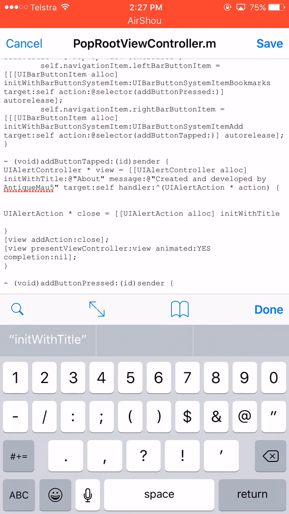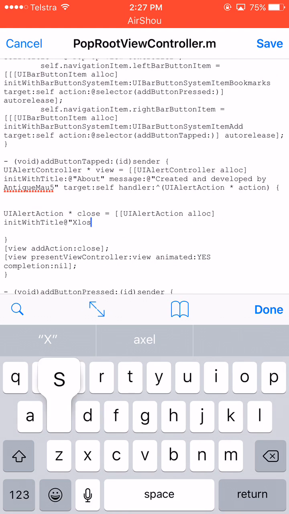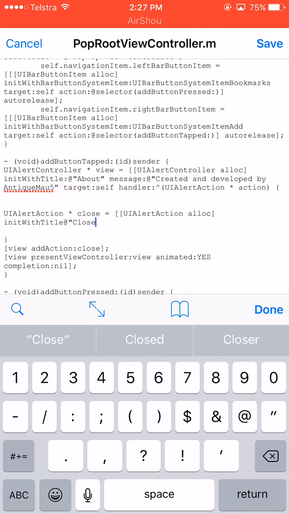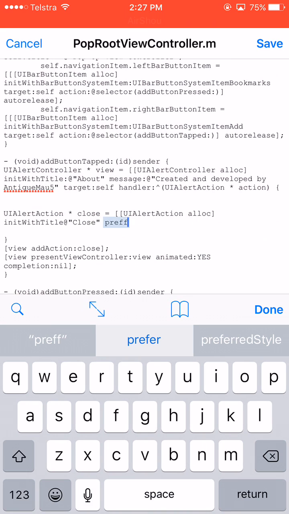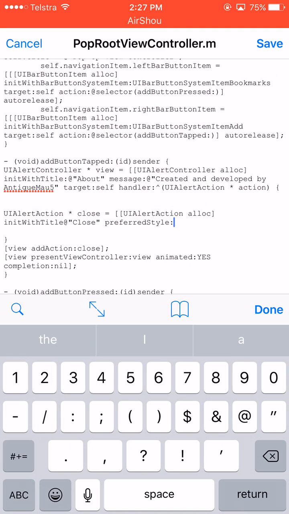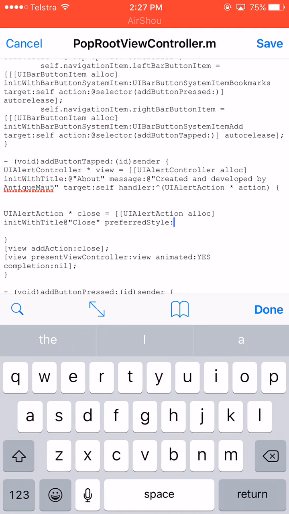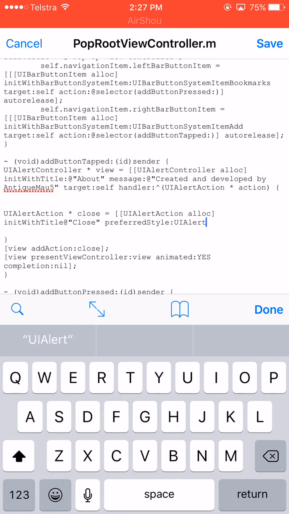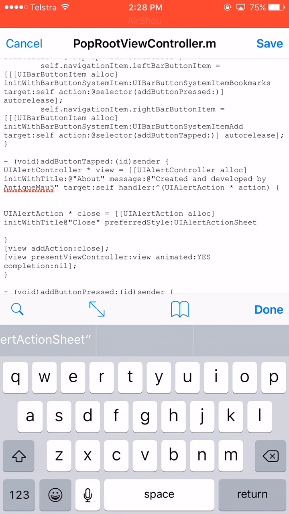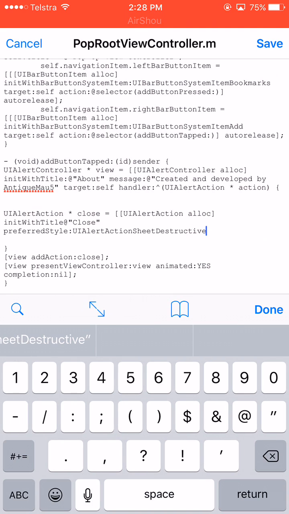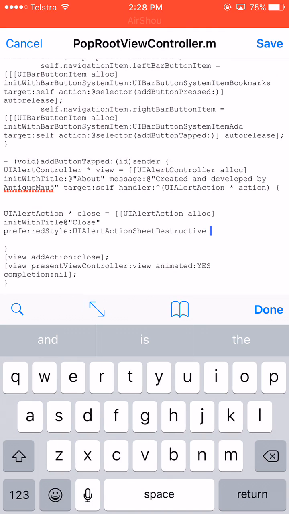Now the title we want for the close button would be close, of course. And I think it is preferred style. We want action UI alert, action sheet destructive, and after that